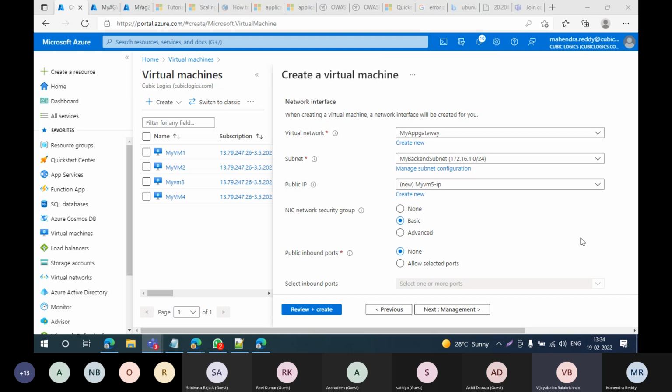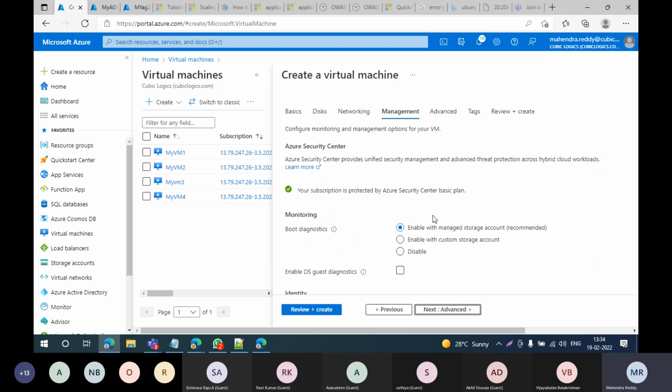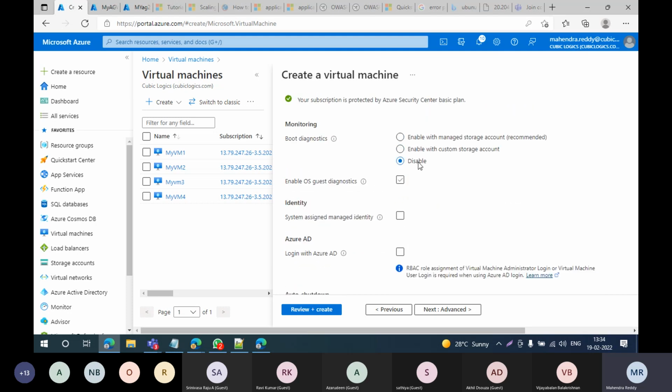Also, I am not giving any public IP because these are not public interfaces. I'm just going with all defaults like management, everything. I'm not collecting any boot diagnostics as well because it will need storage again and cost me more.